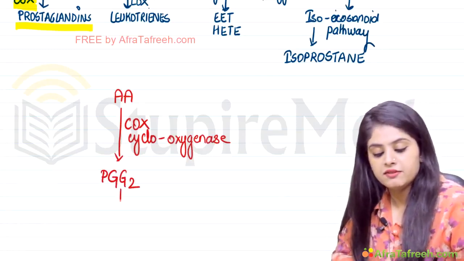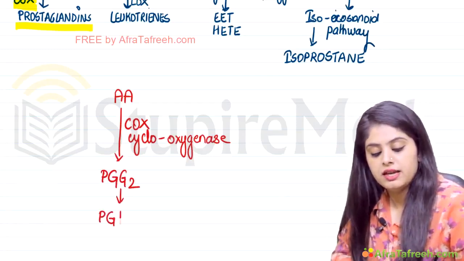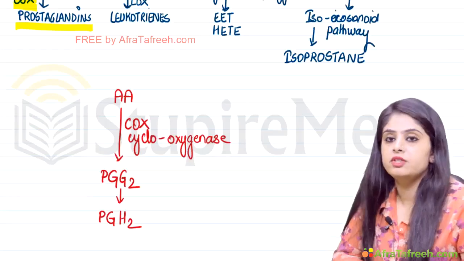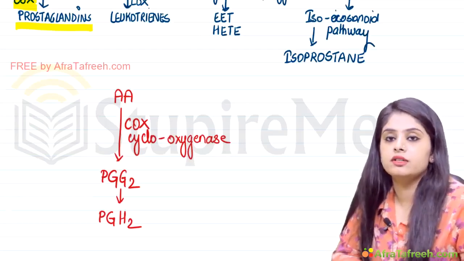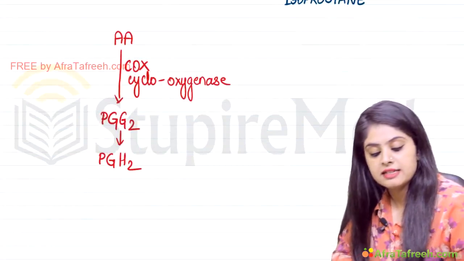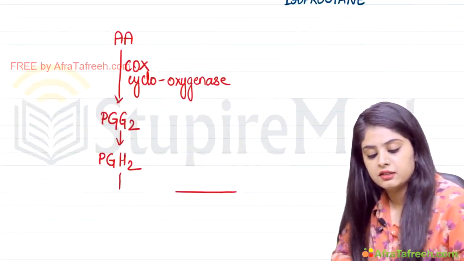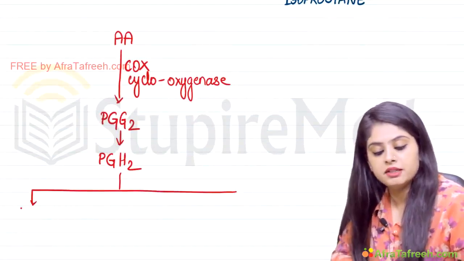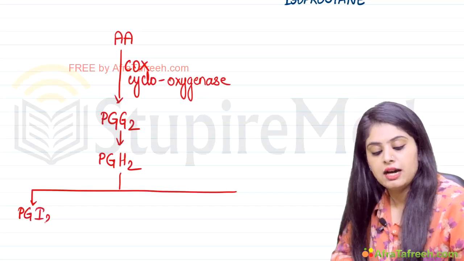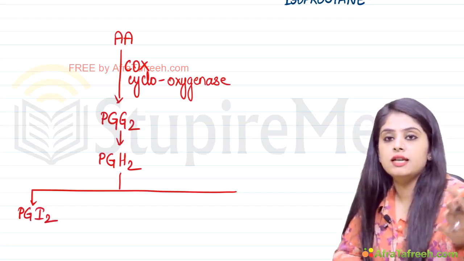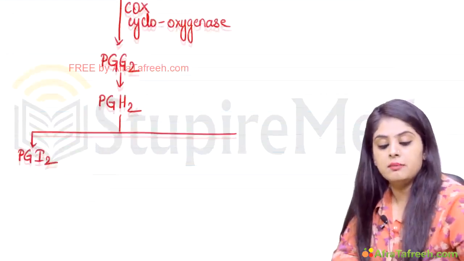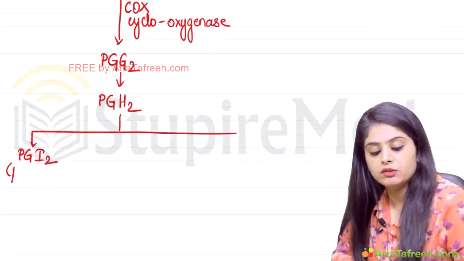After G, the next alphabet is PGH2. So PGG2 is the first, the next in order is H, so PGH2 is the next. After that, there is synthesis of the next alphabet, that is PGI2. So G, H and I. Remember, PGI2 is also known as